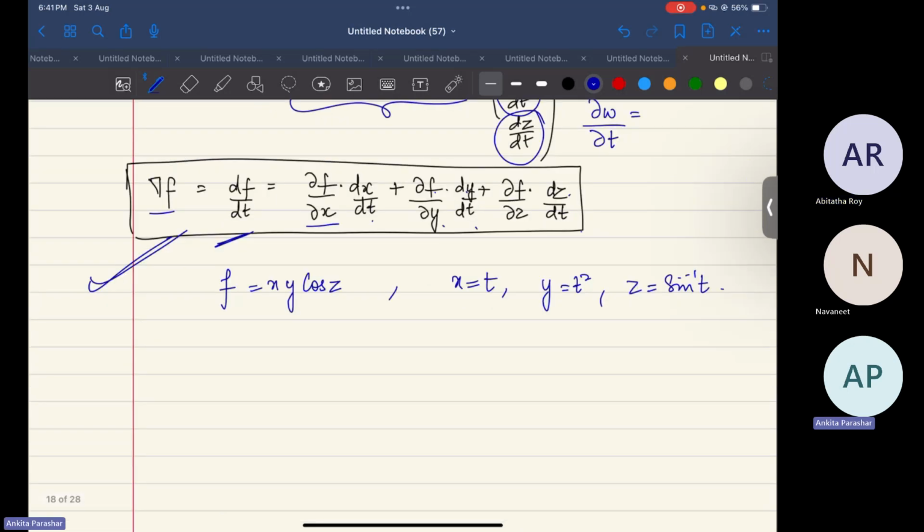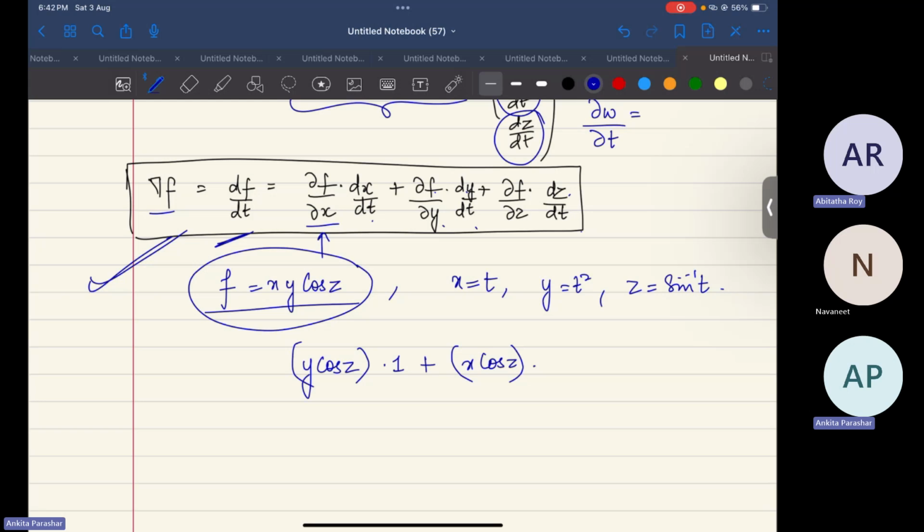Now use the formula. If I look at ∂f/∂x, what is that? It is y cos z, right? Is this okay? Yes, it's okay. dx/dt is 1. Then ∂f/∂y is x cos z. Then dy/dt is 2t, sorry, 2t. Then ∂f/∂z is